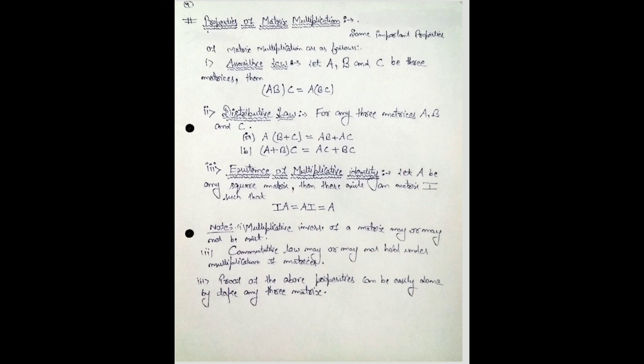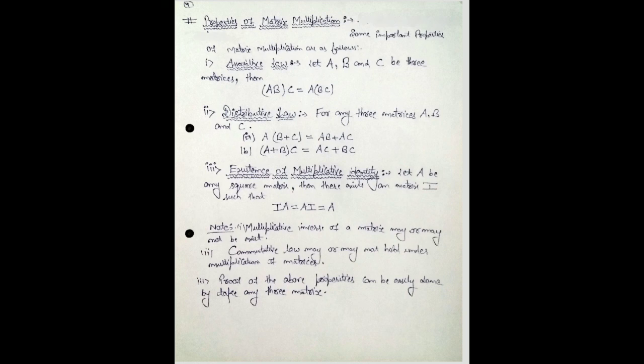Similarly, we can add first matrix A with B and then multiply by C, or we can multiply A with C and B with C and then add these two matrices. The resulting matrix in these cases would also be the same. In this case, we distribute C on A and B.